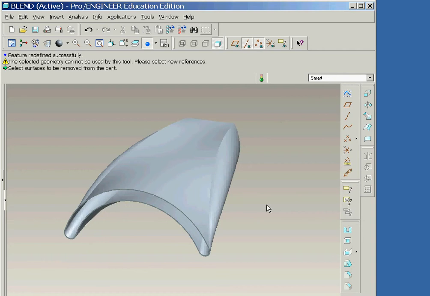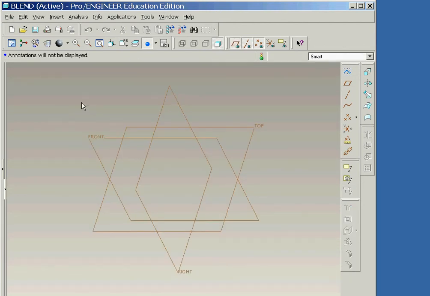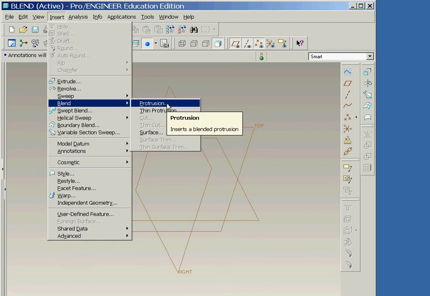In this session, we'll examine how parallel blends are created. We will be creating the part shown on the screen, which is composed of 3 different cross-sectional shapes. We'll begin at a point after having selected to begin a new part using the default template, and then select